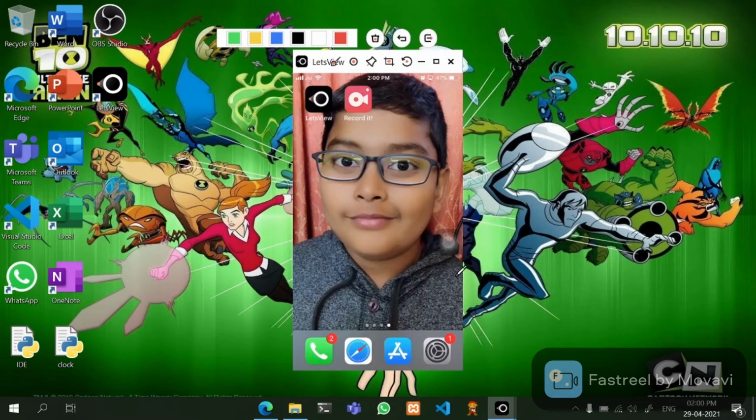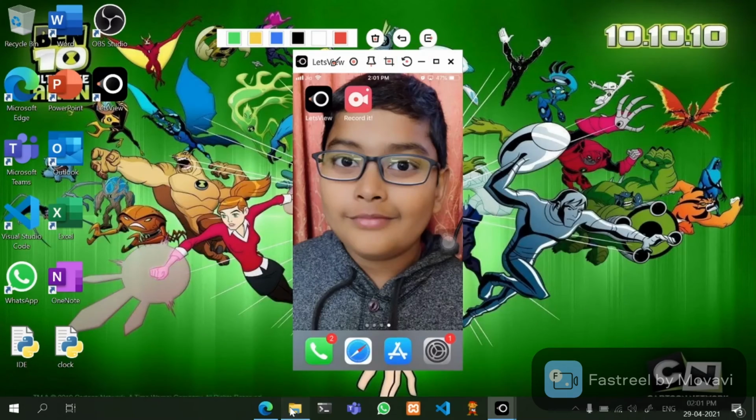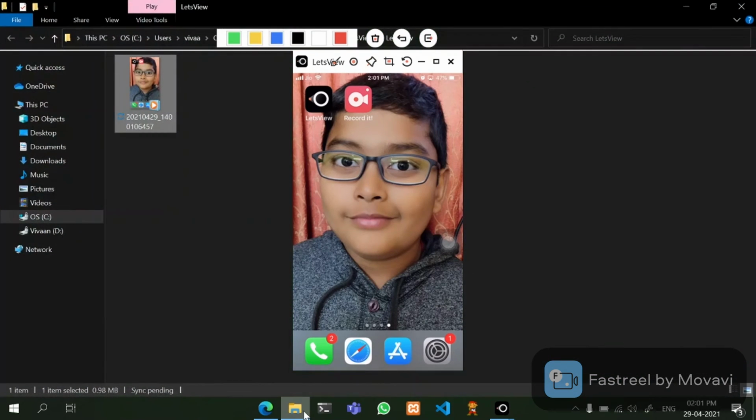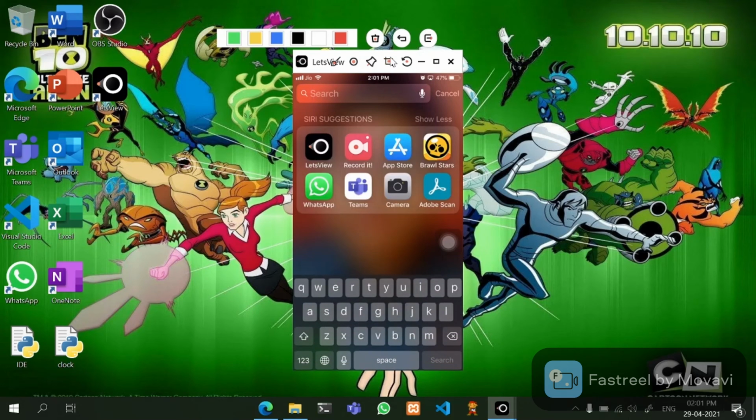So let's see the other features. We can pin it up, and always on top is disabled. So if I go to my file explorer, it is not going to be on top, and if we pin it up, it will be on top. And this is a screenshot. We can take a screenshot of our phone screen. So let's take a screenshot of this screen.